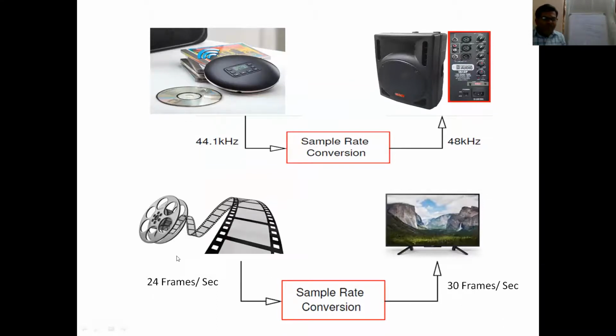Similarly, we say 24 frames per second. So when we talk about films, the frames will be recorded at 24 frames per second. But if you have to display it on a TV screen or your cinema theater screens, they will have different sampling rates. They do require 30 frames per second or 70 frames per second. So different types of sampling rates are required in order to display the content that was present